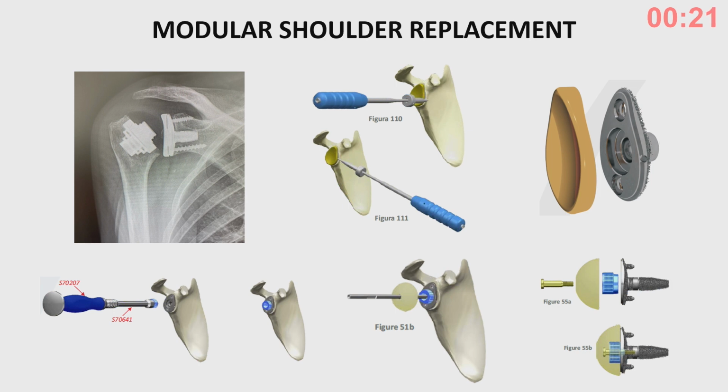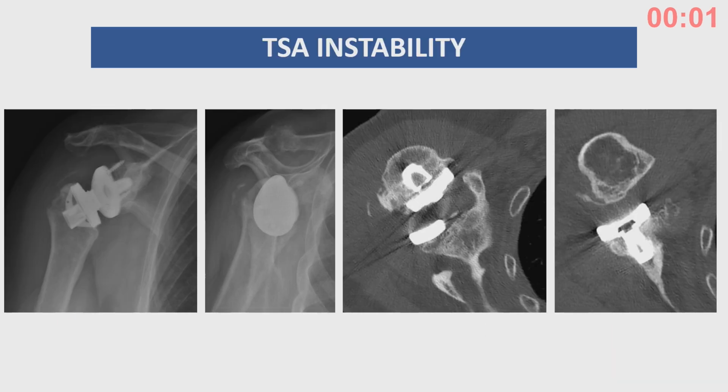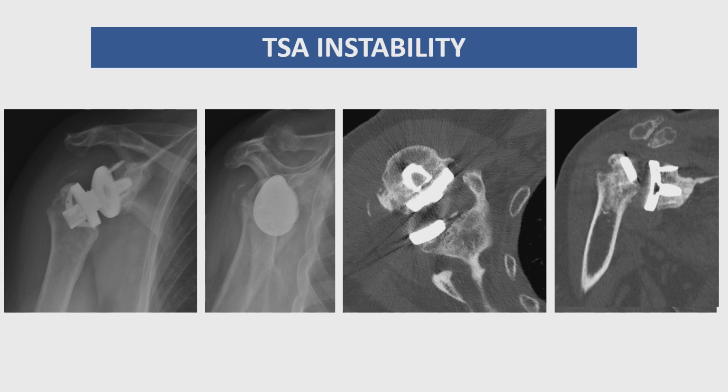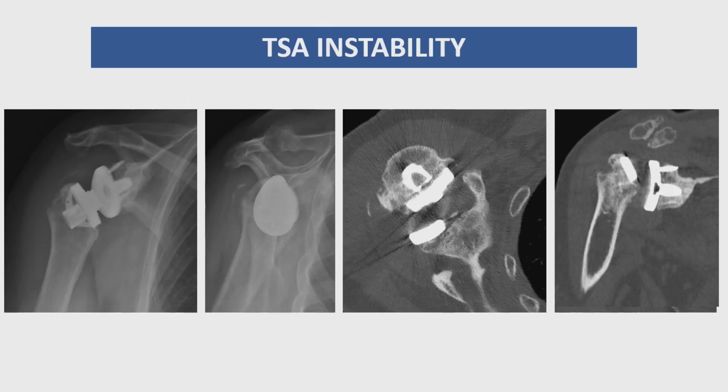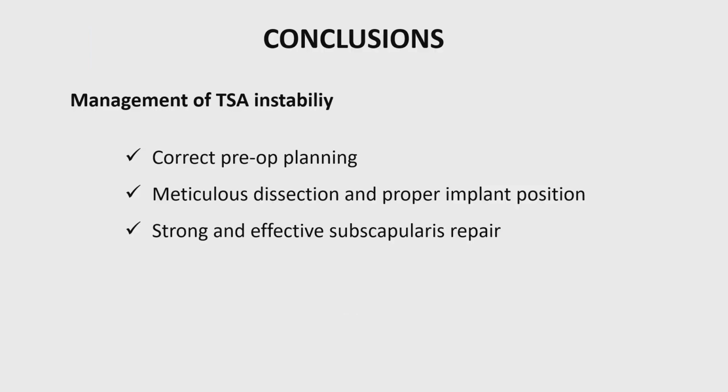So if I'm not sure about the stability of the implant during the operation because it's not stable enough, intraoperatively I can change my idea. I can just remove the polyethylene insert, use a gleno adapter, and then put on a glenosphere and convert my system from anatomic. Like in this case, we have a static anterior unstable shoulder replacement, and we can do the revision without removing the